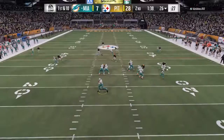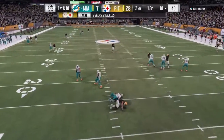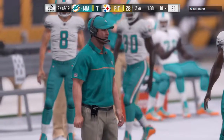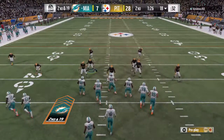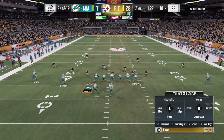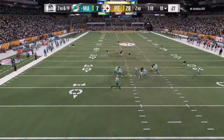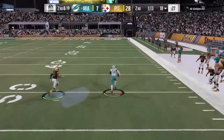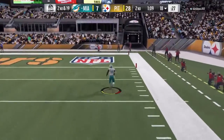They go play action with Cutler. And the Steeler pressure is too much here. He's going down. T.J. Watt in there to drop him for his second sack here tonight. And we say it all the time, you have to be able to get rid of the ball sooner than that. You have to help your offensive line out. They're going to protect you as best they can. And if you get 3 to 5 seconds to throw the ball, they're doing a really nice job. But when you hold it and give up a sack,